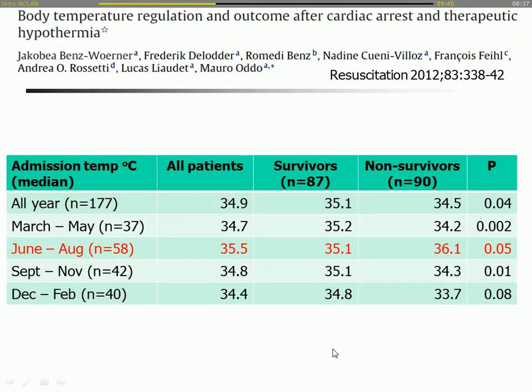A smaller study, but I think that shows it really very well, comes from Mauro Otto's group in Lucerne in Switzerland. And they looked at these temperature differences on admission in all these cardiac arrest patients, and they've divided it into the survivors and the non-survivors. And if you look down at the seasons of the year, virtually every single one of these, the non-survivors have significantly lower temperatures at admission than the survivors, except in red in the summer, when it's completely the other way around. So when the weather is warm, if anything, these patients warm up. And that's quite an important thing just to bear in mind